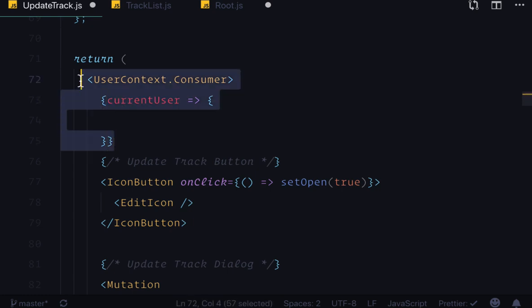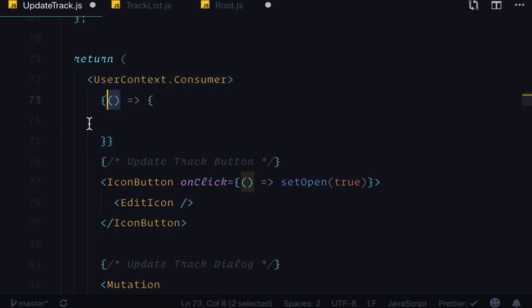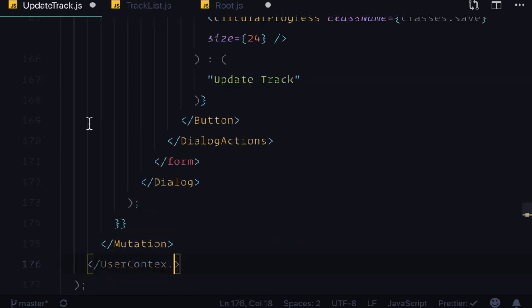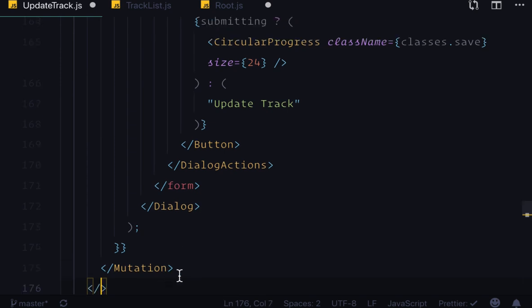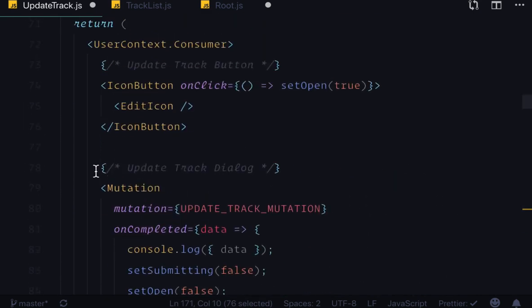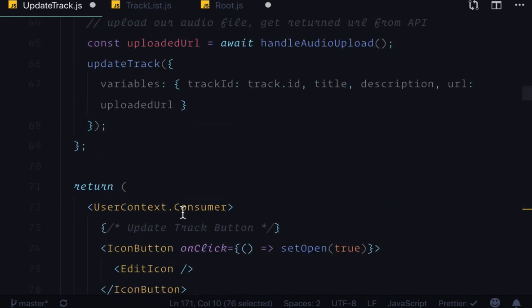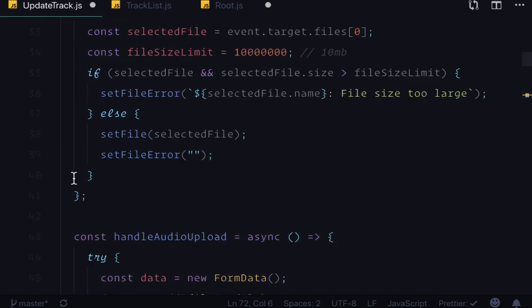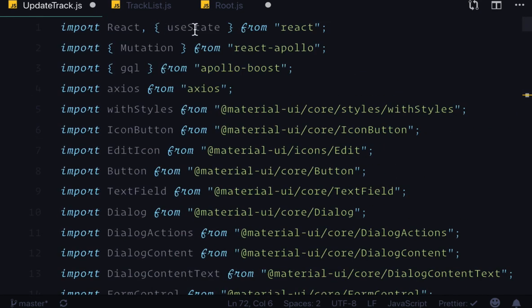However, I personally don't recommend this pattern since we can use a special React hook that makes consuming context a lot easier than render props, since our component structure, I believe, is already a bit confusing with just one or two render props components. Instead of using user context.consumer, we'll turn these back to simple fragments, we can use a special hook called